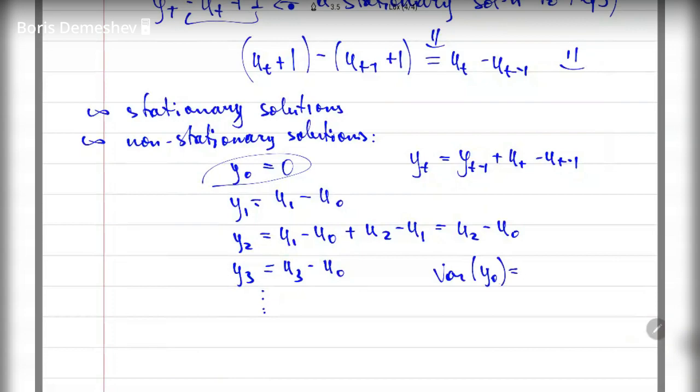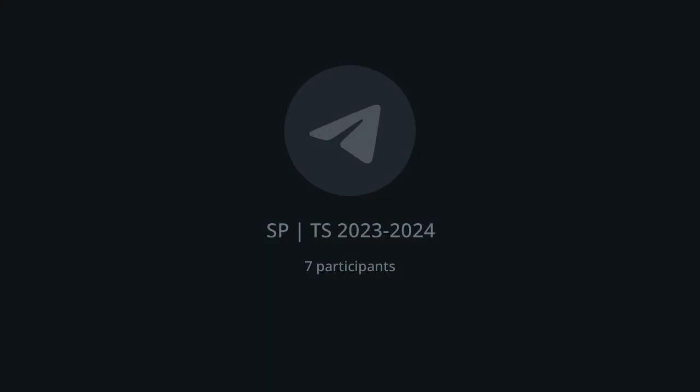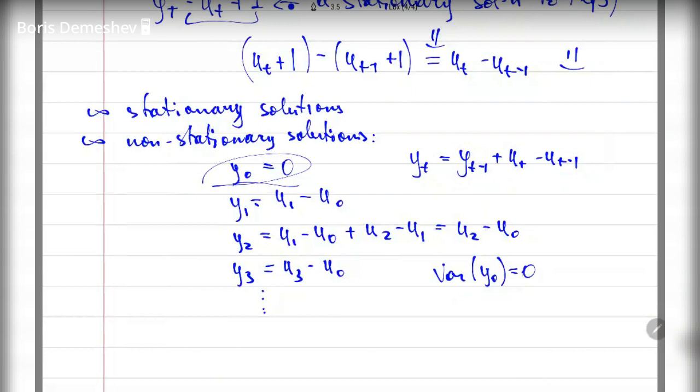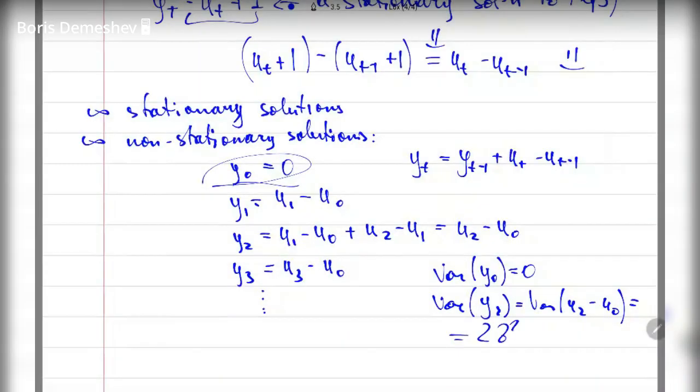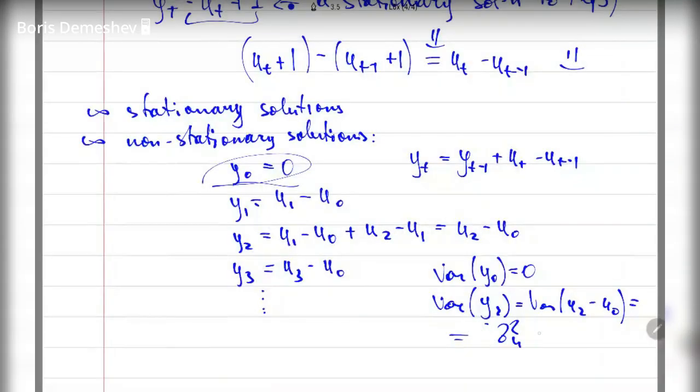If I calculate the variance of y0, it is 0, because y0 is a constant. If I calculate the variance of, let's say, y2, it will be the variance of u2 minus u0. It will be 2 sigma squared u. Yes, it's added. When you have the variance of a difference, it is the sum of the variances, so you have sigma squared of u plus sigma squared of u. The variance is always non-negative,